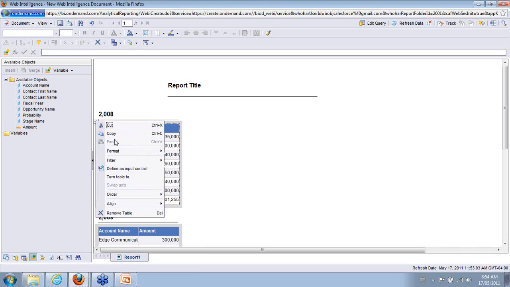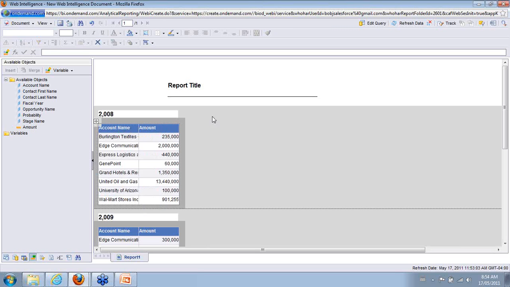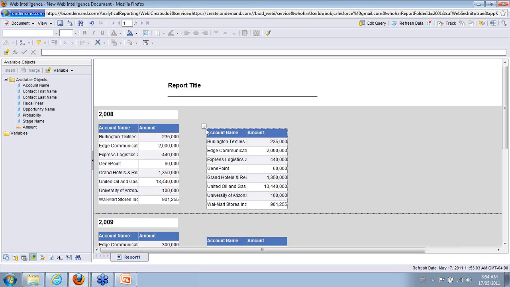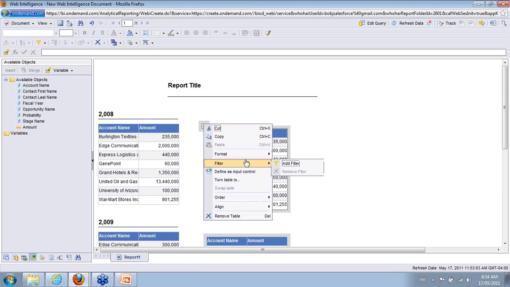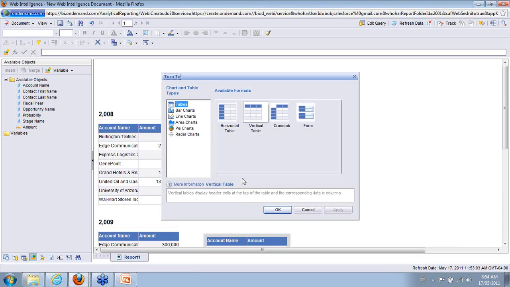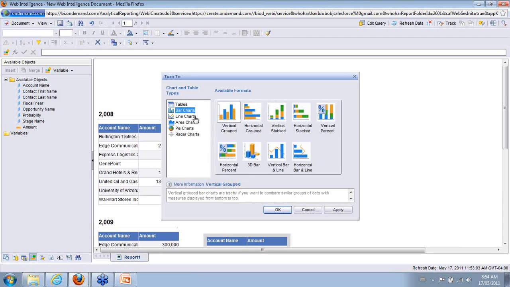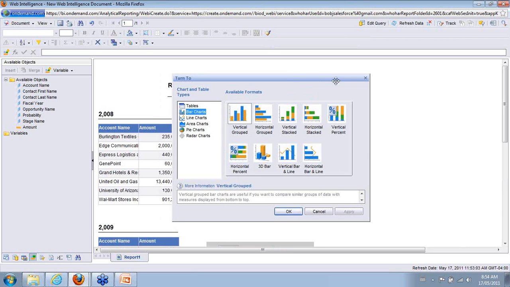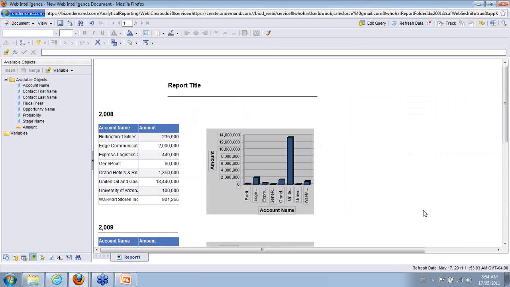If I wanted to go ahead and make this more of a chart, I can just simply copy it, paste it right next to the data I had, and I can go ahead and change this to whatever my heart desires. So in this case, I'm just going to create a vertical group bar chart here. And there we go. So pretty quick in regards to actually being able to create the content that we want,